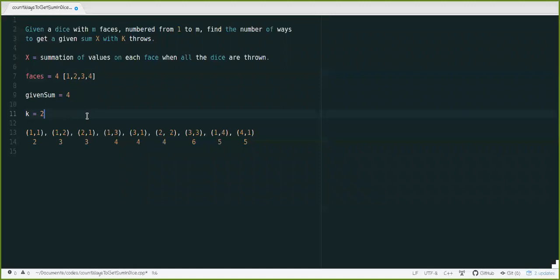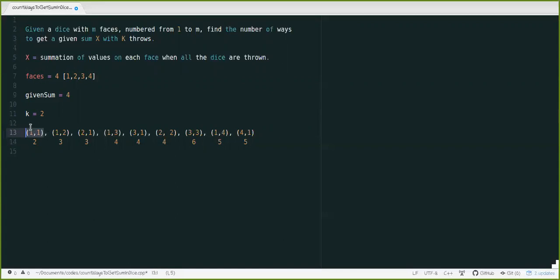So let's throw it again because I have to throw it twice. When I throw it once, it gives me, let's say, 1, and in the second trial it gives me, let's say, 1 again. Okay, so this is one possibility. When I throw the dice twice, this is one of the possibilities that I get.